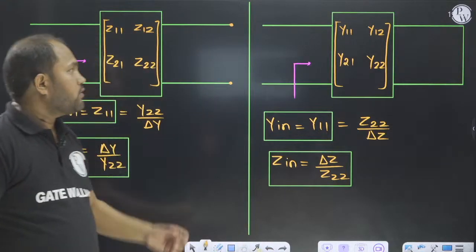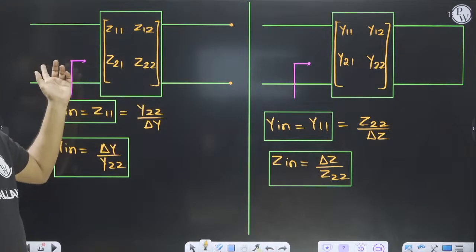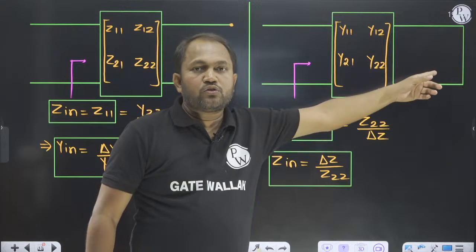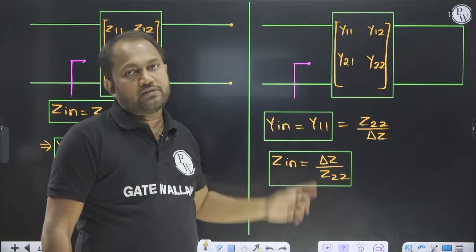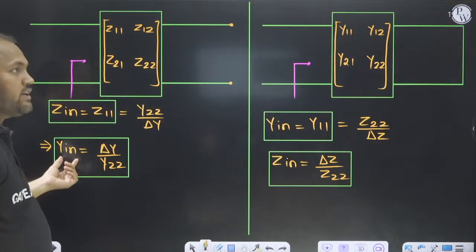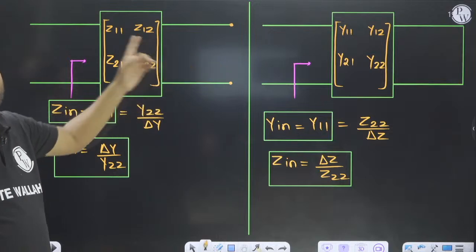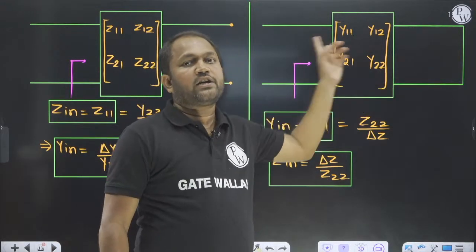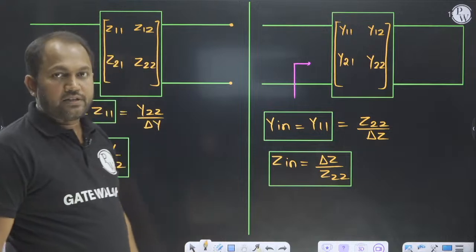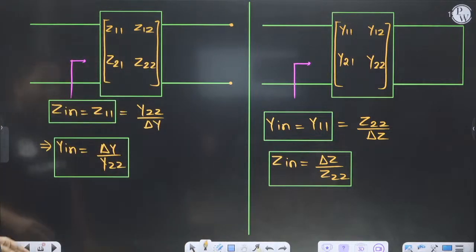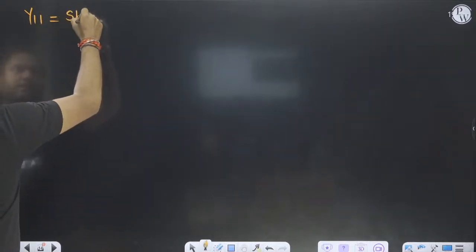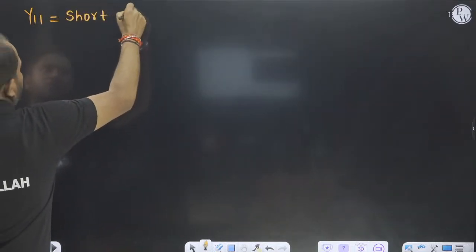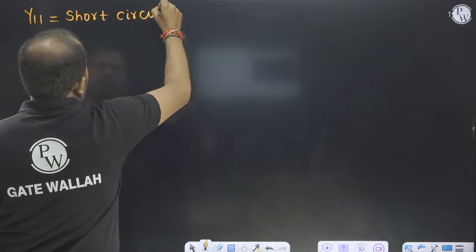This one is open circuit input impedance, this one is open circuit input admittance, and this one is short circuit input admittance. So I can say that Y11 is short circuit input admittance,